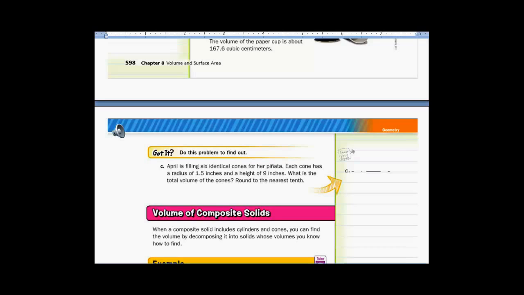Okay, April is filling 6 identical cones for her piñata. Each cone has a radius of 1.5 inches and a height of 9 inches. What is the total volume of the cones? Round to the nearest tenth. So, 6 identical cones. Let's find the volume of one of those cones. So, pi